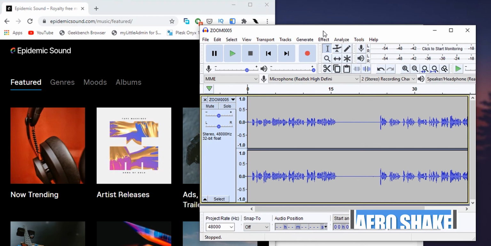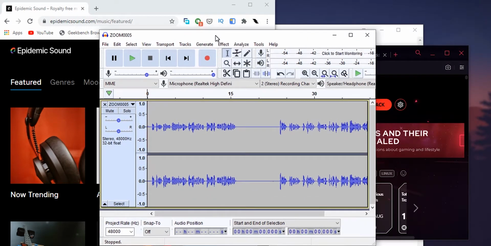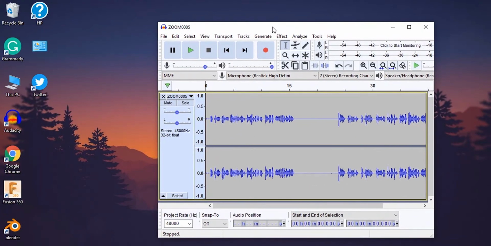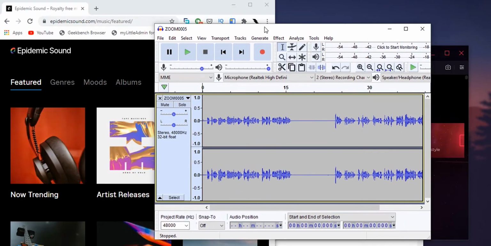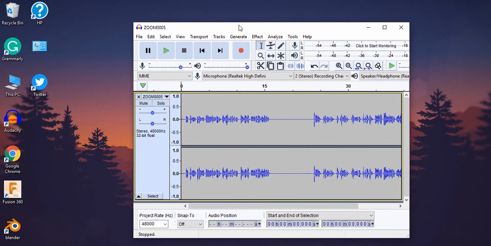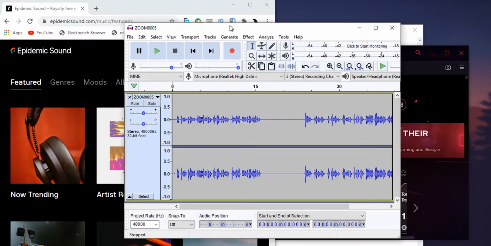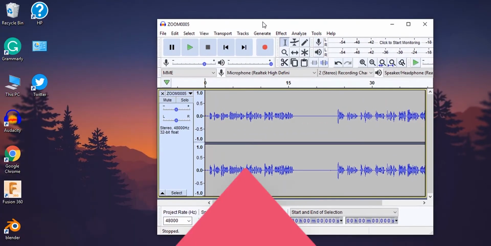This thing works when you have so many windows opened and you want to close everything other than the one that you are currently working on. You can use this feature. Simply hold on the top of the app and shake it left and right. That's it. Everything behind will get minimized. And if you want to get them back, shake it again, they'll come back.